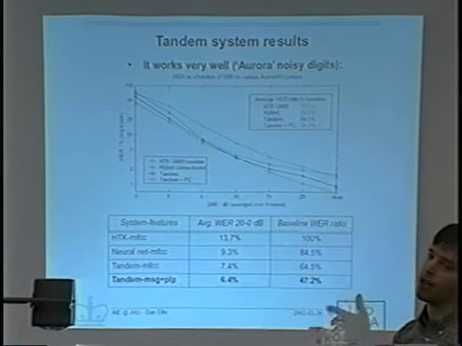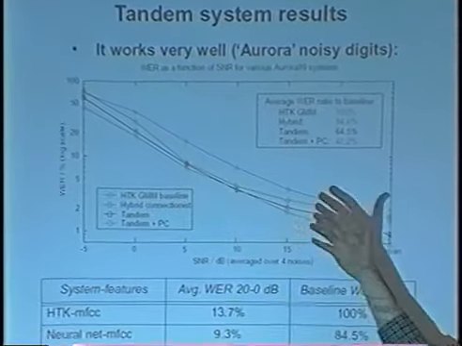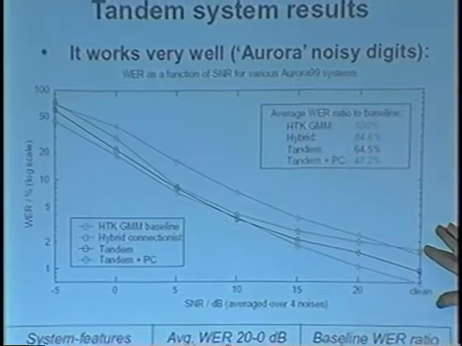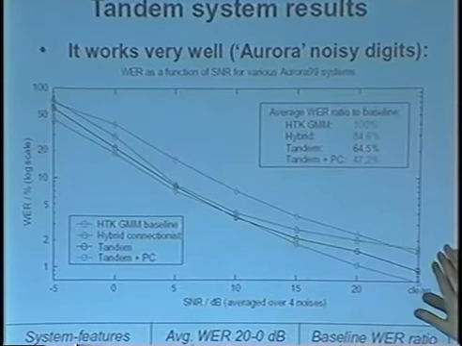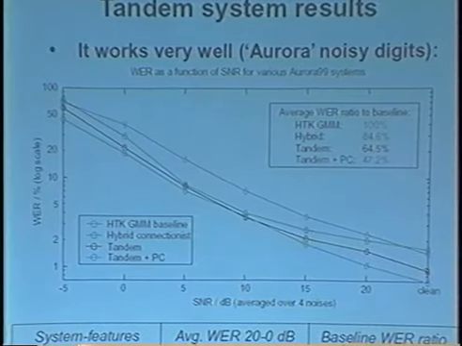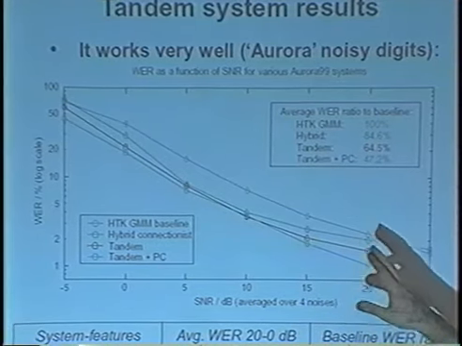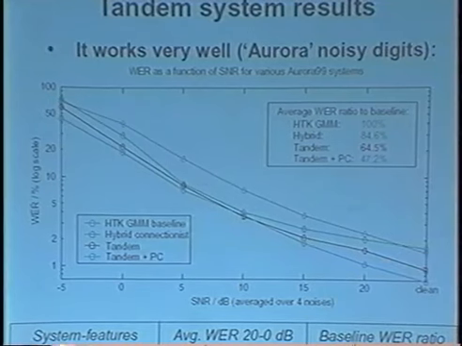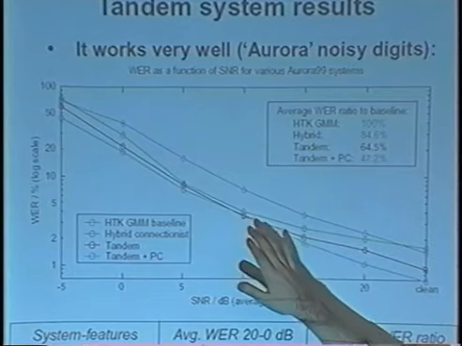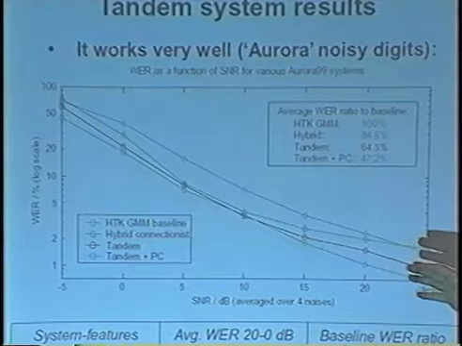And so what we found was even just by using the neural net and the special decoder, we could actually do quite a lot better in the middle range, which was interesting. Although we did worse in clean. We were maybe 10% worse in clean or something. So there's definitely a gain to using the neural net just as a modeling scheme in these intermediate noise level situations. If we then do the tandem thing of taking the output from the neural network and feeding it into the GMM, we were hoping that we would at least be able to equal the performance of the neural net. It turns out we do significantly better than either of these systems by using both models.